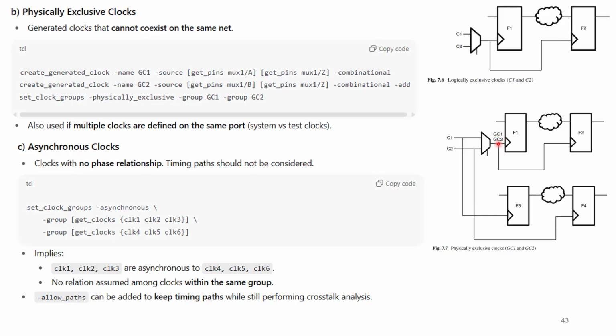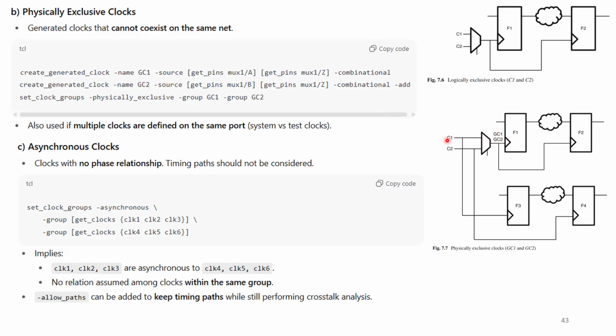These are generated clocks, so you have to use the command create_generated_clock. I made a video on create_generated_clock also, so first please go and check that particular video. create_generated_clock -name GC1 -source